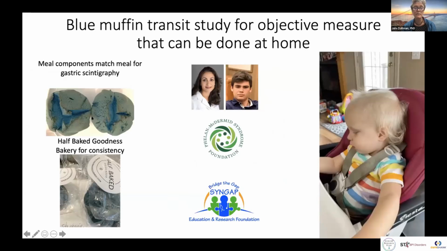blue muffin that copies the tests that are used that involve X-ray to measure whole gut transit, with the idea that if we could use the blue dye and look for arrival of a blue poop, that would provide whole gut transit that could be done at home and without intervention. And this is